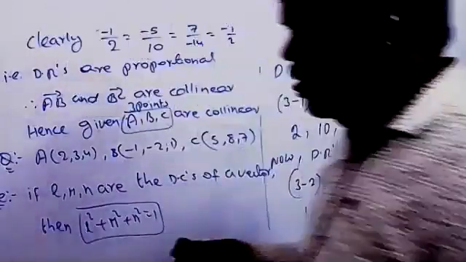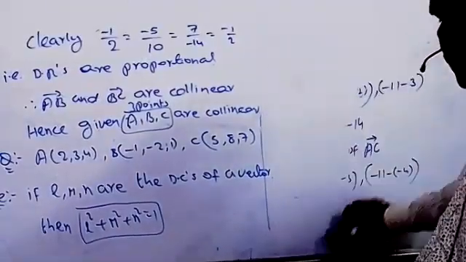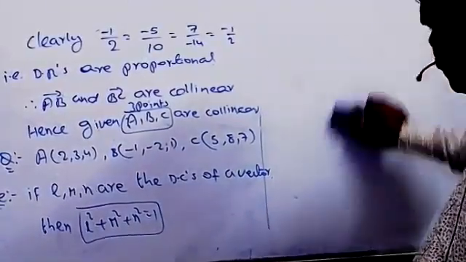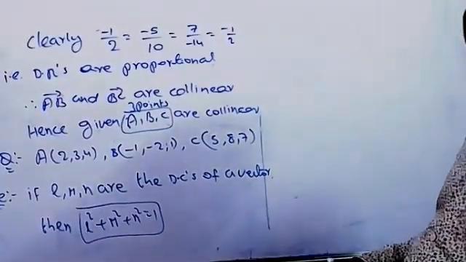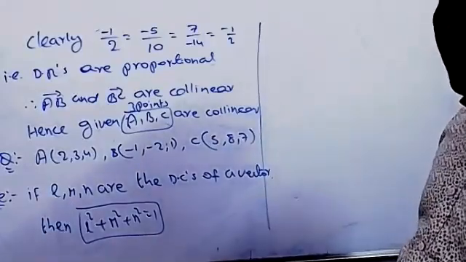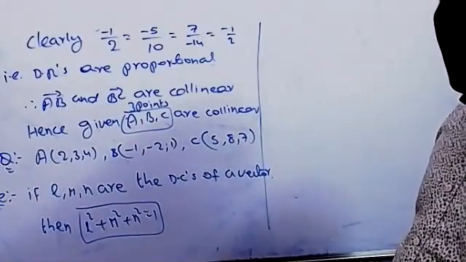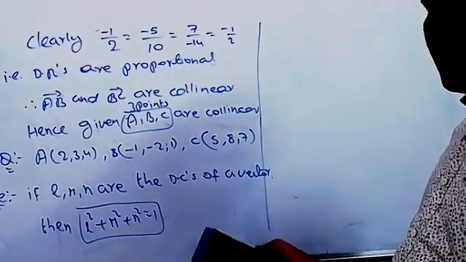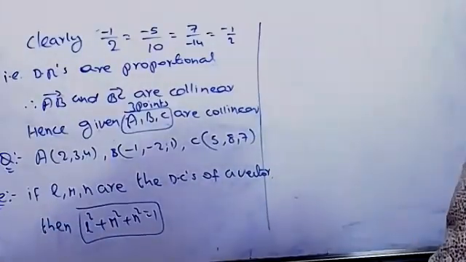Now for this also, one last example I can write, then we'll wind up the session today. In the next class, I will tell you two more theorems, and we will discuss that, because the distance topics we have already done. Previously I told you how to find the angle between the lines, and the conversions from vector form to Cartesian form and Cartesian form to vector form, everything we have done previously. Okay.